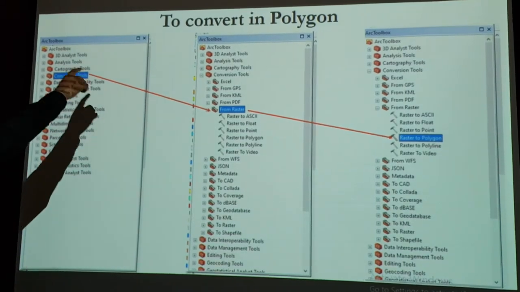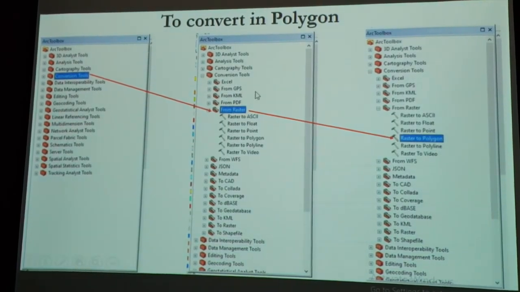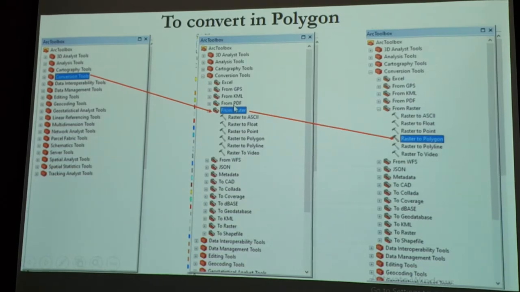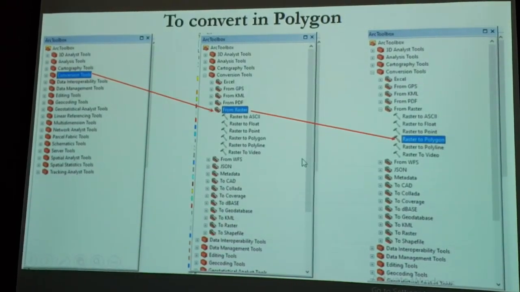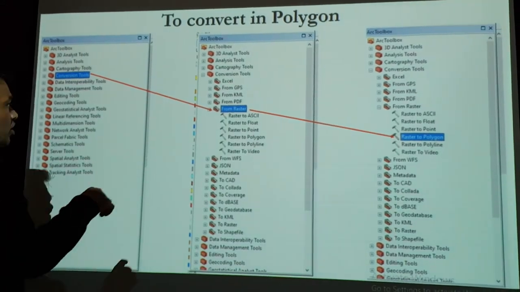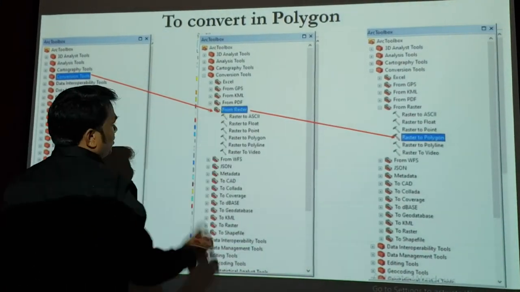So for polygon, again we need to go to this Arc Toolbox. Under Arc Toolbox we have to click on Conversion Tools, and from Conversion Tools you will click this, then we'll find Excel, from GPS, from KML, from PDF, from many sources. But now because we have created a raster, so we have to click on From Raster, and after